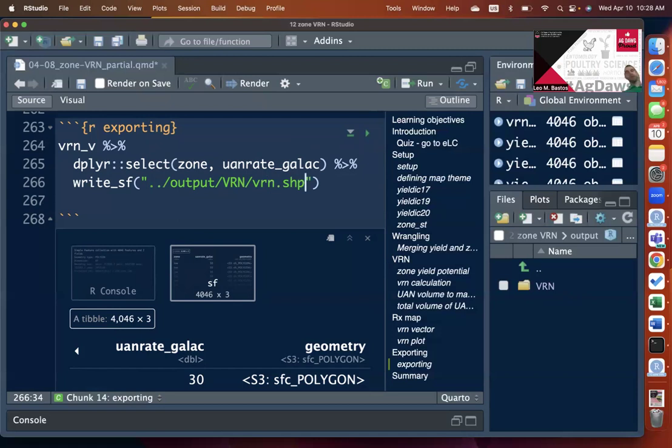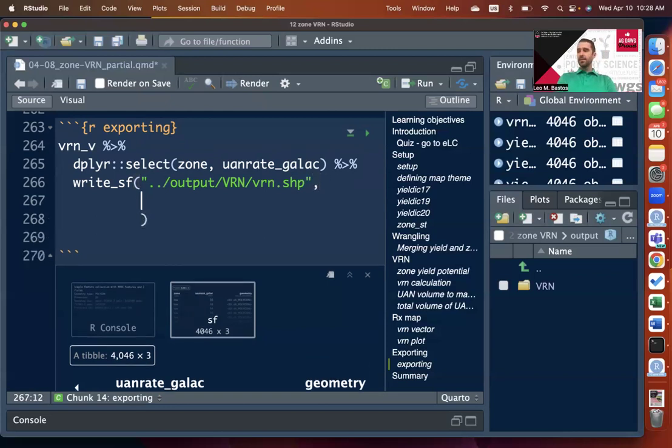Up until now, we've been creating GeoJSON vector files, where the only difference is the extension after the dot. So before we were doing .geojson. If I want to create a shapefile, the only difference is just that extension, so instead of GeoJSON, it's just SHP, which is the extension for shapefile. Always also remember to change one of those arguments, which is delete_dsn. Let's set it to true. Okay, so if we run this,